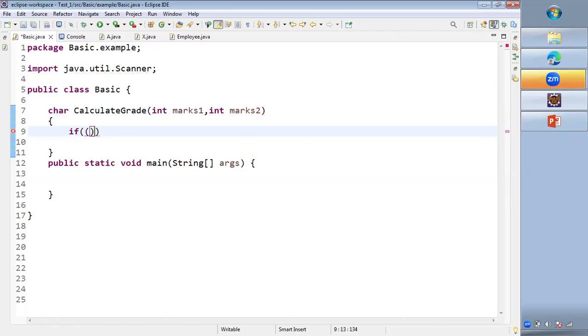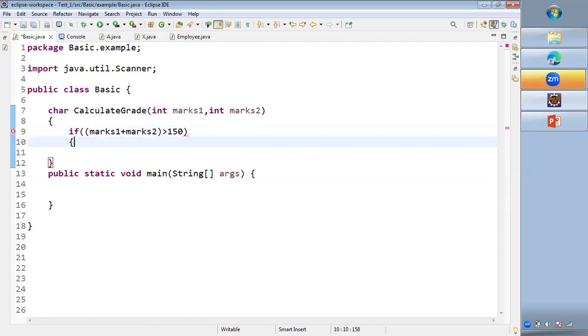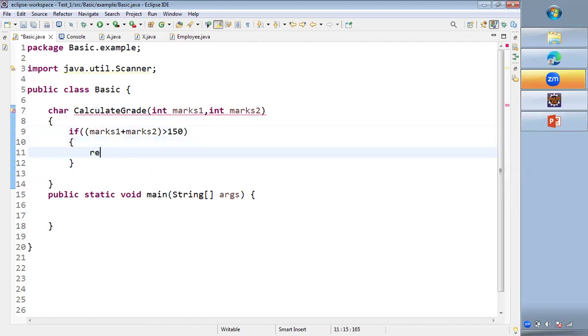I'm going to take the condition marks1 plus marks2: if this addition is greater than, let's take 150, then the grade is going to be, then return A. Return character A, else we will be returning